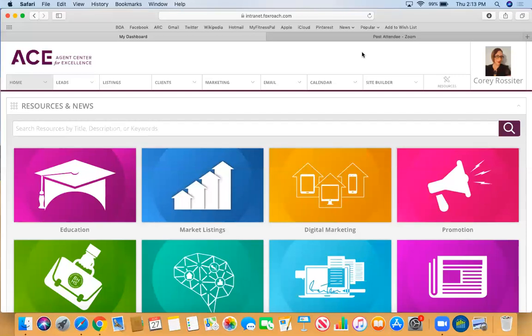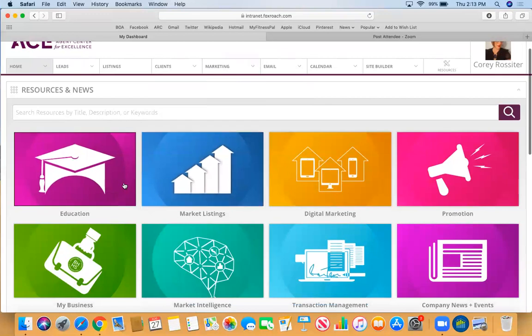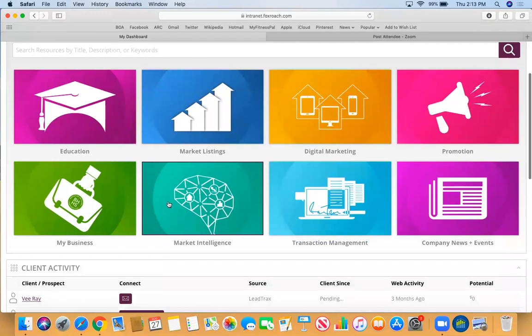The first thing I'm going to do is show you guys how to gain access to the system in case you've never used it before. Just like anything, you can find it through the ACE dashboard. So the first thing you're going to do is log into ACE and go to your dashboard. And the agent metrics can be found under the Market Intelligence tab, which is this kind of turquoisey one here with the brain. So if we click on that,